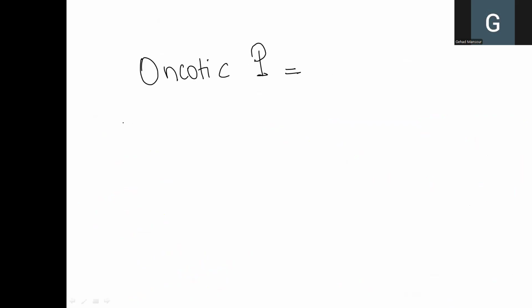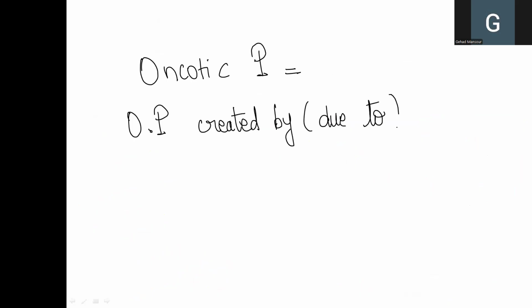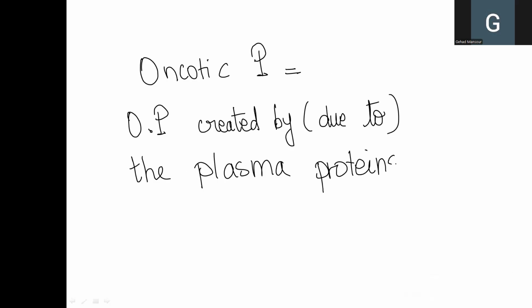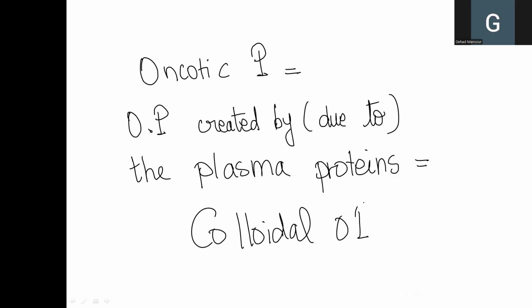The oncotic pressure equals the osmotic pressure created by the plasma proteins, and therefore it can also be called the colloidal osmotic pressure. So to wrap up,